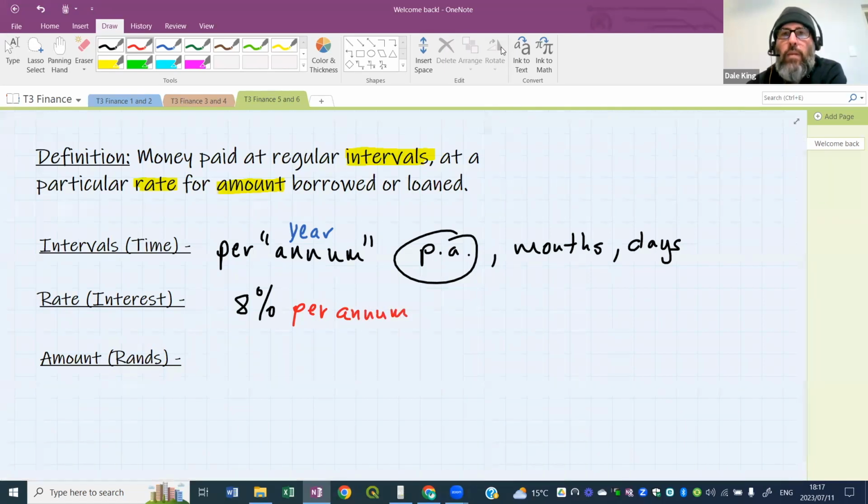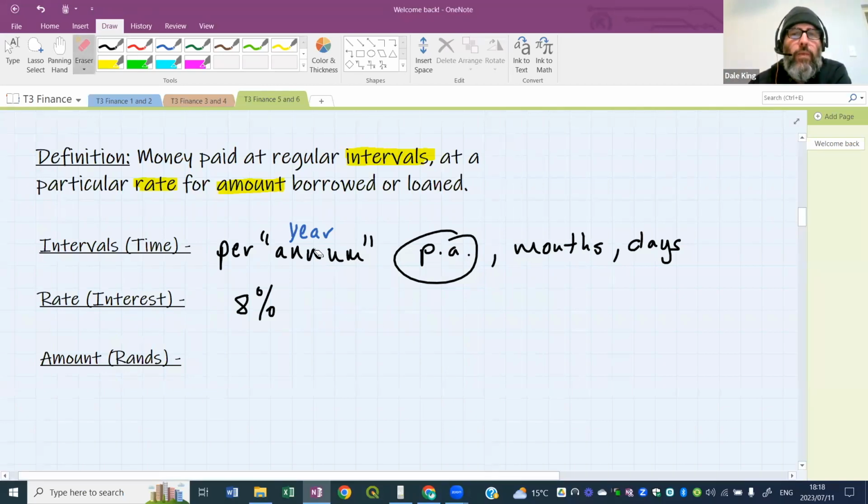So when a bank, very good, Tando, when a bank or a financial institution tells you an interest rate that you're going to use, if you're loaning money or borrowing money, or putting money in the bank or investing, they have to tell you the rate of interest. You will earn 8%, but you need a unit of time. So it's usually 8% per year or 8% per annum. So we often see these letters here, PA, which stand for per annum.